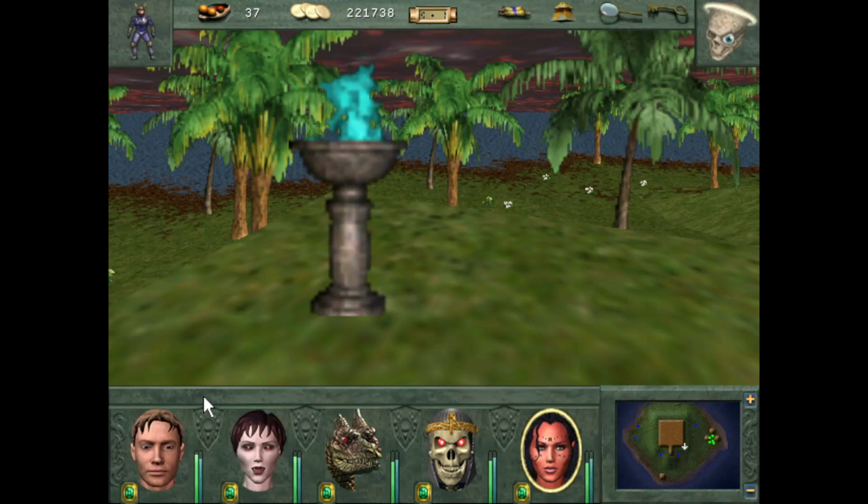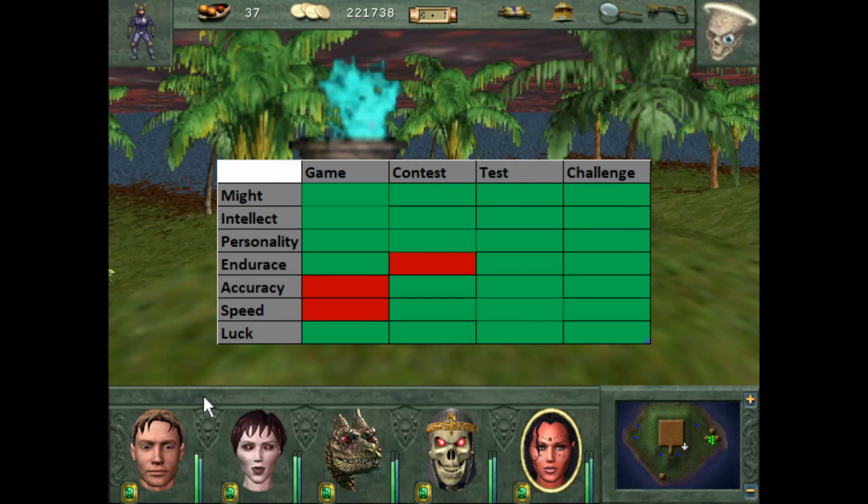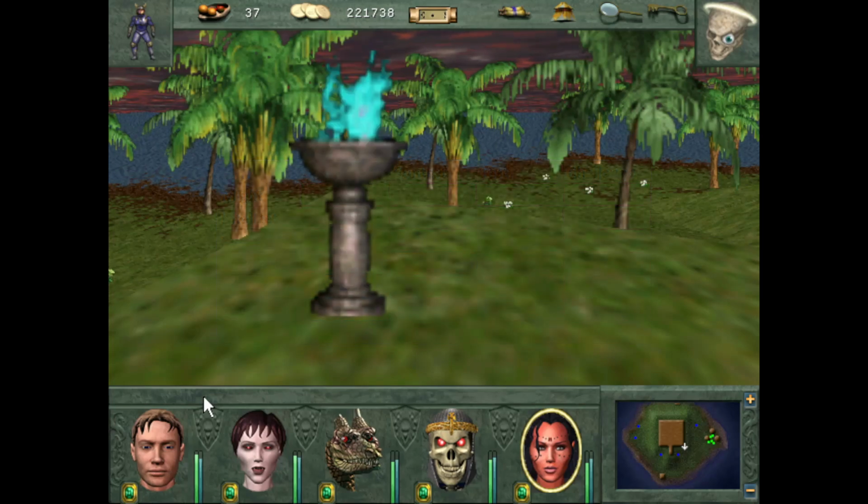Alright, that means the third version of this table that I'm going to show, which I'll pop up right now, is that we have just done the... This table will show that we've just done the Game of Intellect. Okay. Now...